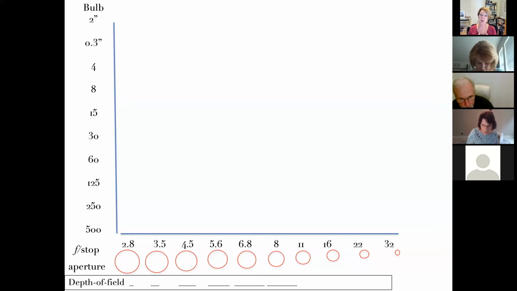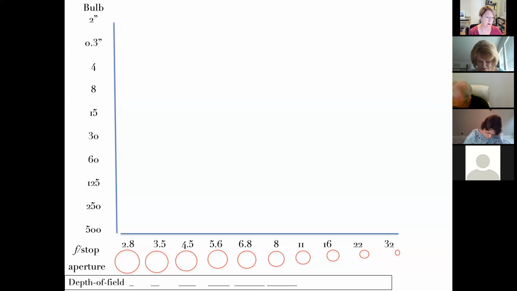So if you shoot in the program mode, which I hope you never do ever again after taking this class, then it puts you on F8. Most stuff will be in focus. Your picture won't be great. It won't have a lot of area that's blurred, but most stuff will be in focus. So F8 just simply means, you know, pretty good amount of areas in focus. More stuff is in focus at 11, more stuff is in focus at 16,